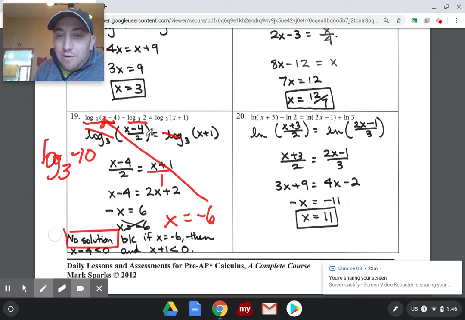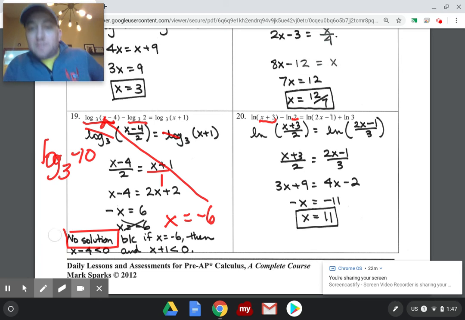20, first thing I would need to do, rewrite both sides of my equation as a single logarithm. So I'd have x plus 3 and 2. Those are my two arguments on the left. Since there's a minus sign in between the two logarithms, I would need to divide. So we end up with the natural log of (x plus 3) over 2. And on the right-hand side,